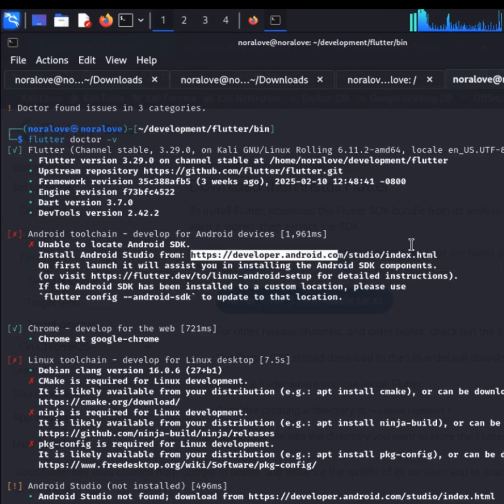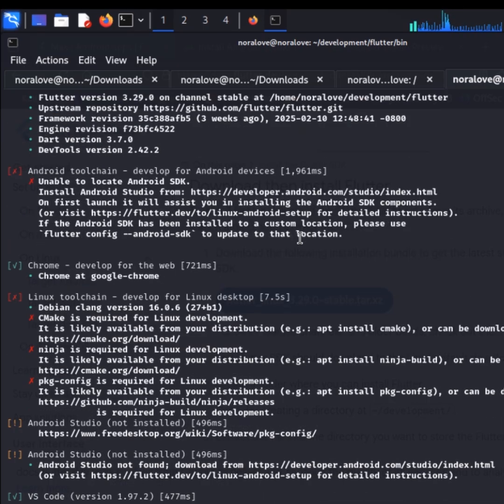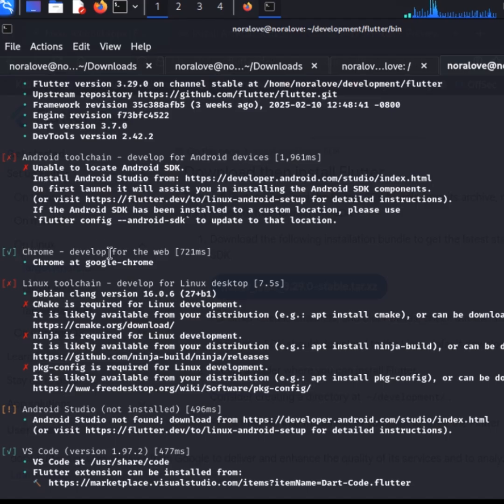You copy this link and paste it into your web browser, whether you are on Chrome or Firefox on your Linux machine. It will take you directly to where you can download Android Studio. When you are done downloading Android Studio, I have my Chrome also installed. If you don't have Chrome installed, you download it from the Chrome site,